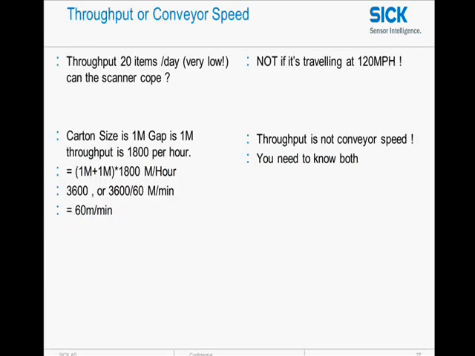So, throughput or conveyor speed. Occasionally I get people phone me up and they tell me how many units they're making a day, which is of course very important for the customer, but really what we want to know is how fast they're moving past our scanner. So throughput is not the same as conveyor speed. So if your customer does not know the conveyor speed, you ask him the throughput